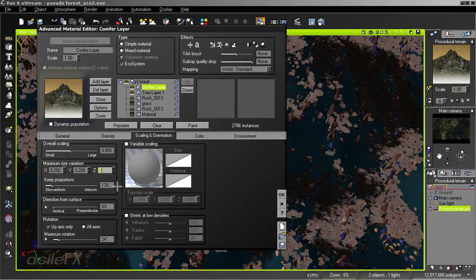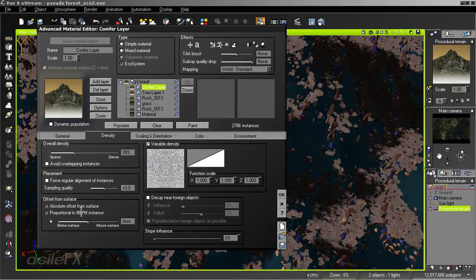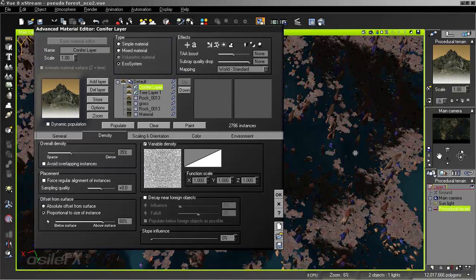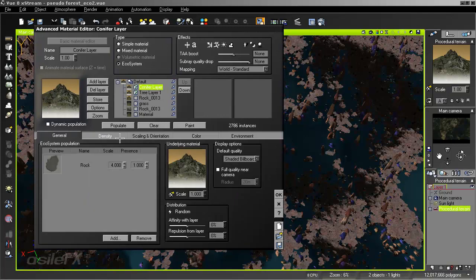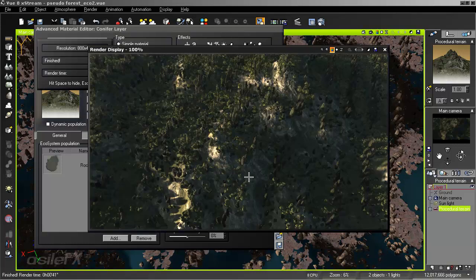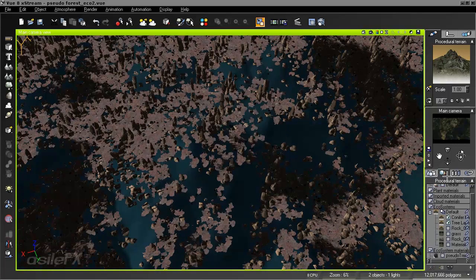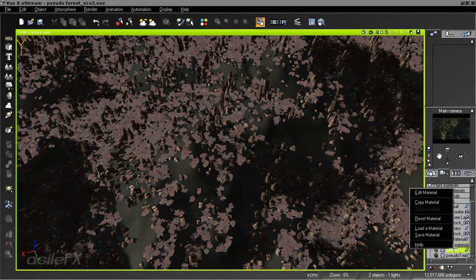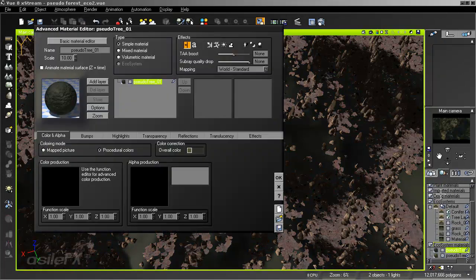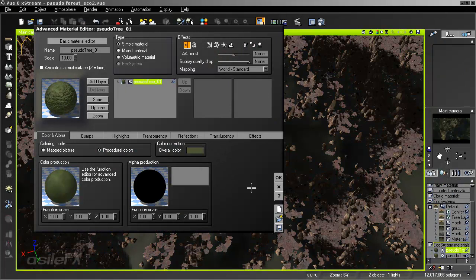I'm going to reduce the Z down to 8, and then under density, change the proportional to the size of the instance, and I should be able to raise up those objects above the surface so that most of them are not sticking underground. And we can repopulate that. That is starting to look a little bit better. I think what I'm going to do is go over to the material, the one where we changed the color for the conifer, and reset the overall color. That should hopefully help